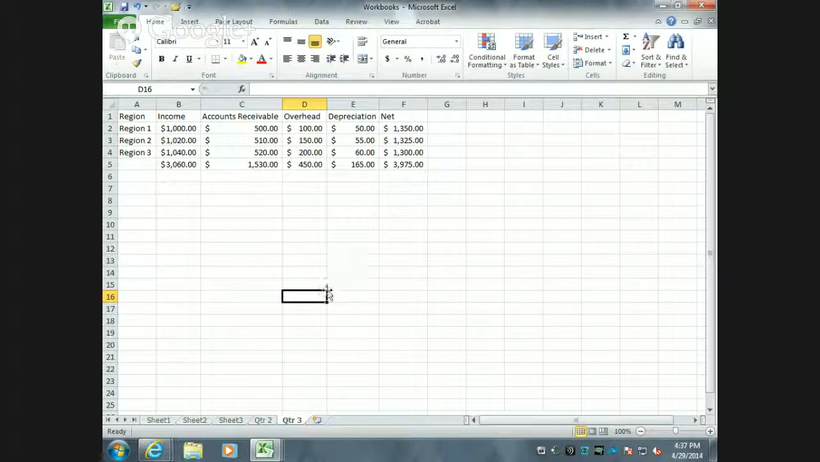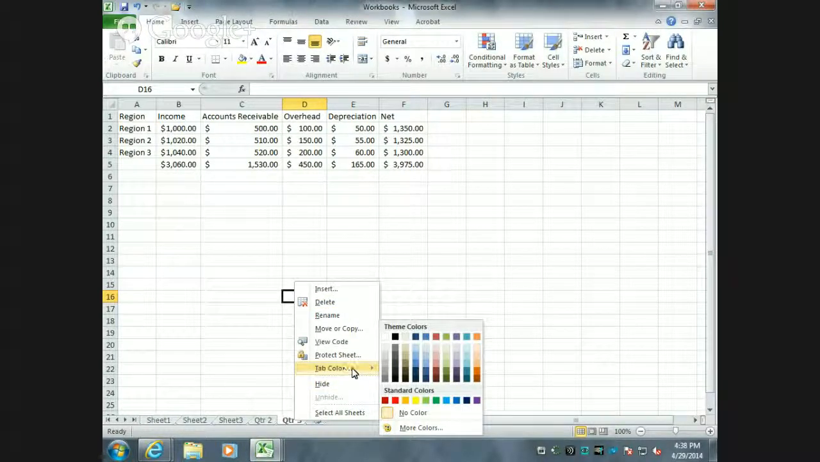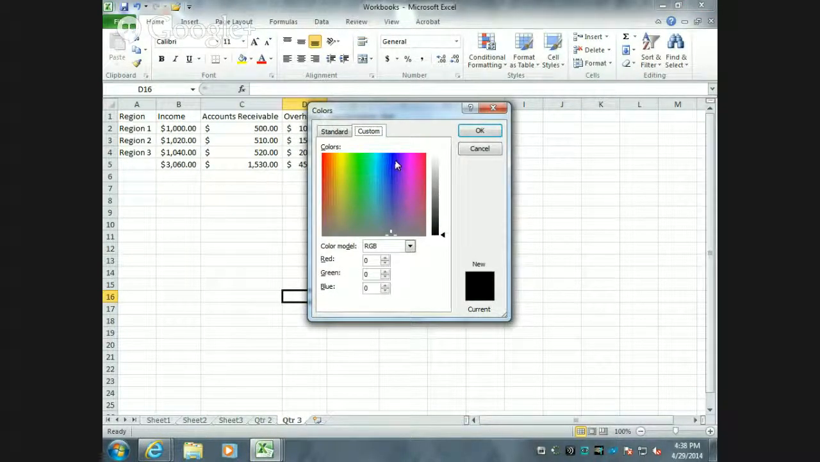Okay, so something else that we can do with tabs is we can color them. The way you do this is by right-clicking on whichever tab name you want, and then in your shortcut menu, you can point to Tab Color, and then you will see your theme colors or your standard colors. If none of these work for you, you can always go to More Colors and then go into Custom and choose a color that way. Once you click OK,